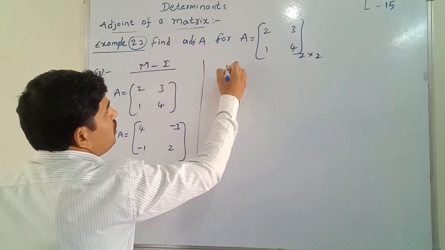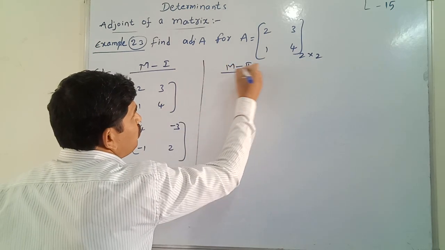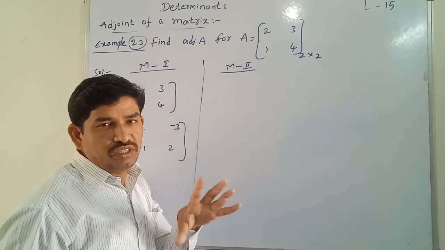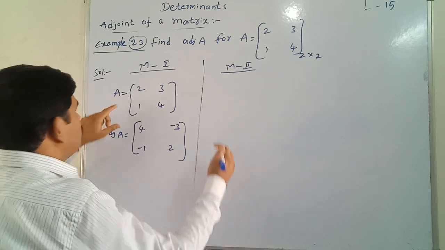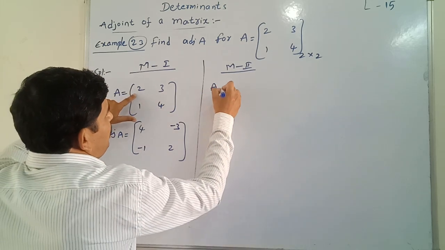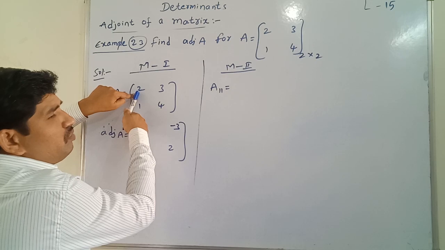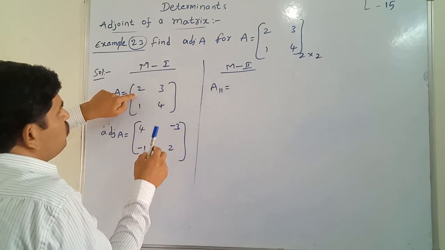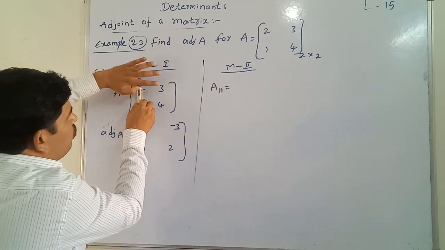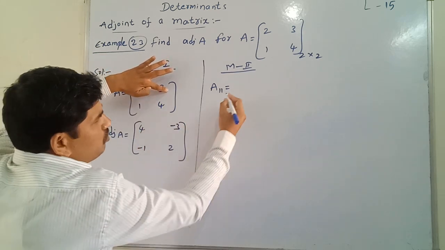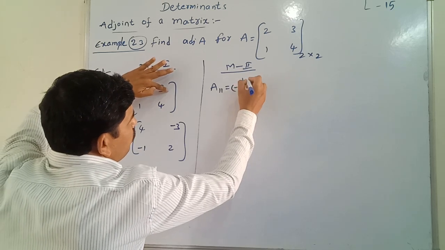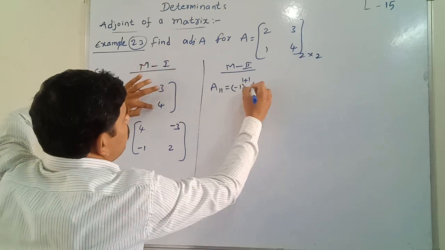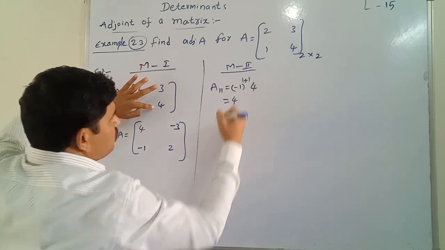And one more method is this. This method is also given in the NCERT book for this question. So see, first what we have to find? We have to find the cofactors. We know how to find the cofactors. So cofactor of capital A11, this is the place of your small a11, that's capital A11. This is nothing but the cofactor. We close the first row and first column. Then the left out element is 4. Minus 1 whole power 1 plus 1, into the element 4. This is positive, that's why it is 4.